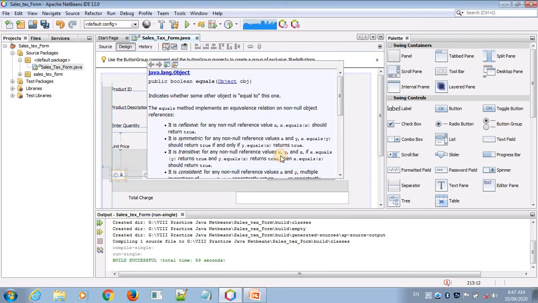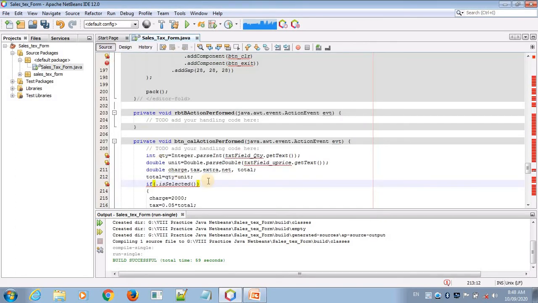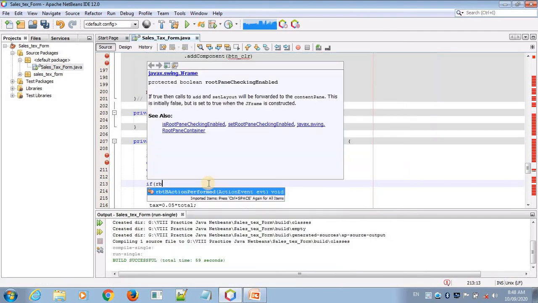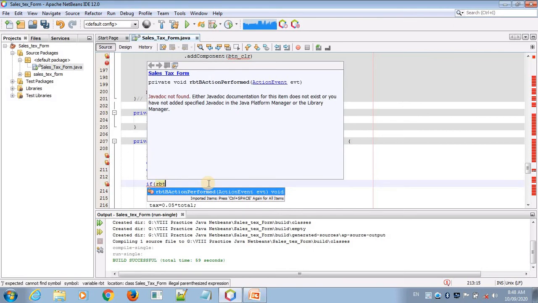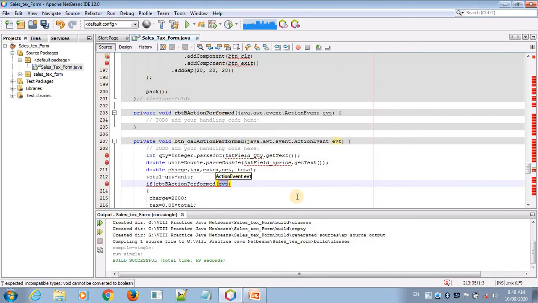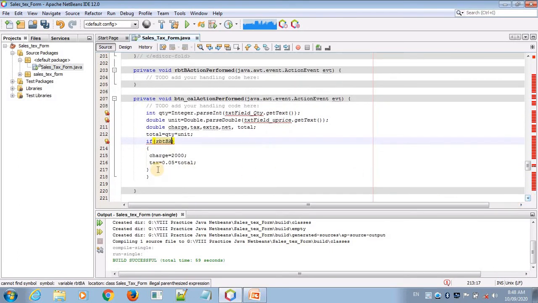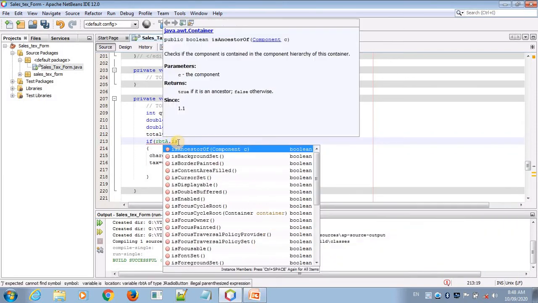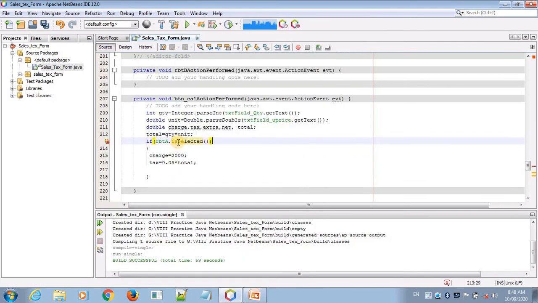Open the source code and write here radio button action performed events. There is an extra space I am putting, so that's why it gave an error. RBTA dot is selected.